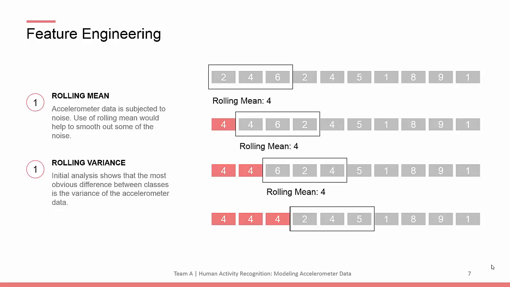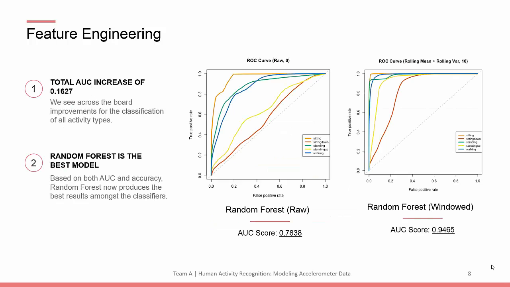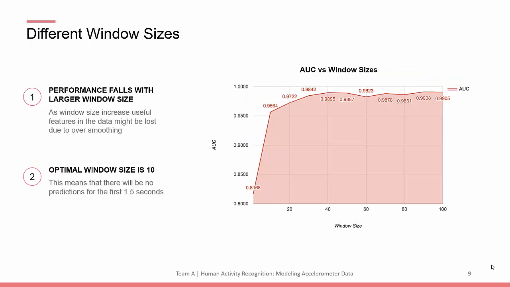However, as the variance of the observations ranges drastically across classes, deriving a rolling variance feature across windowed data allows us to capture this relationship despite the earlier smoothing. We find the temporally derived features to be highly informative as we improve random forest model performance, increasing AUC from 0.7838 to 0.9465. Our analysis finds a window size of 10 observations, or 1.5 seconds, provides the greatest benefit in terms of real-world applicability, as the marginal increase of the AUC score diminishes significantly at any window size beyond this